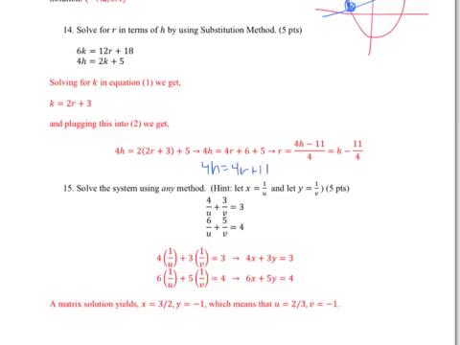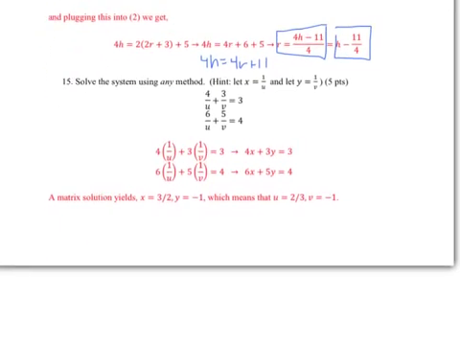And then we'd have to go ahead and subtract 11 and divide by 4 to get r by itself. And this is what you get for r, which if you would like to can be written like this. Either expression is acceptable. Number 15 says to solve the system using any method, and gives the hint: let